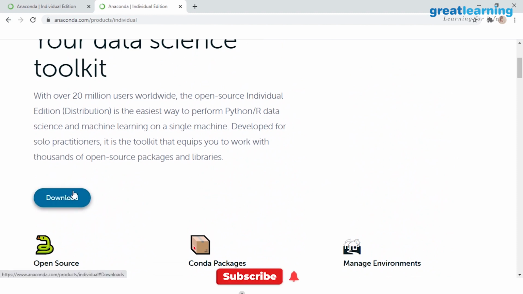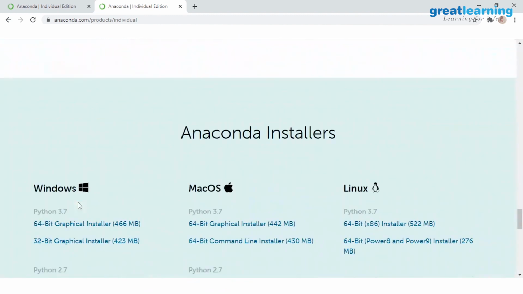Now I will show you how you can download that. You will get a button over here that is known as download, right? Just click on that. You will directly go to the options for whatever system you have. In my case, I have Windows, but if you have Mac OS or Linux, that is also possible. You can see there are the options we have for Anaconda. My system is 64-bit. According to your system, maybe your system can be 32-bit, right? So according to your system configuration, please download that.